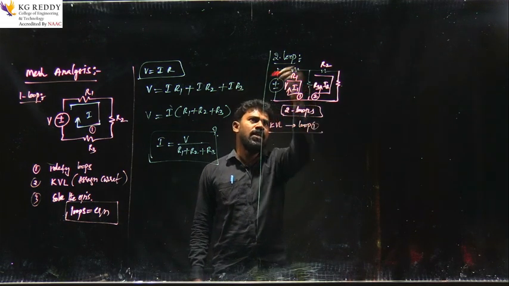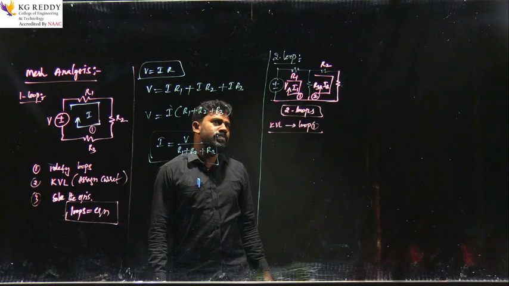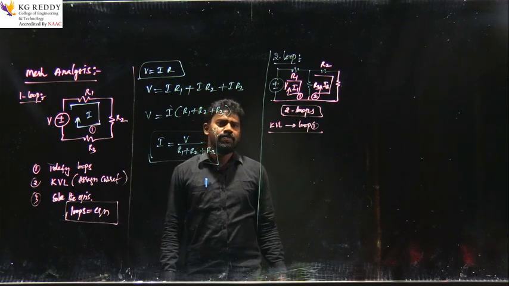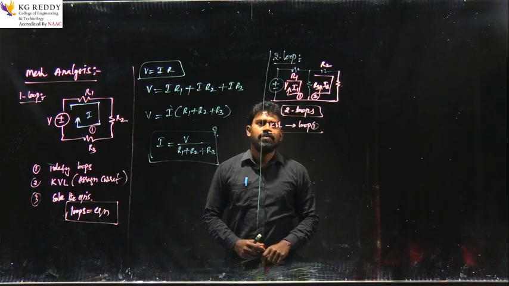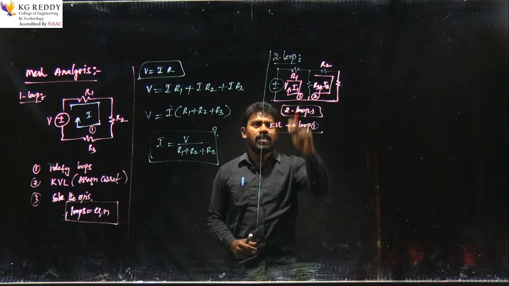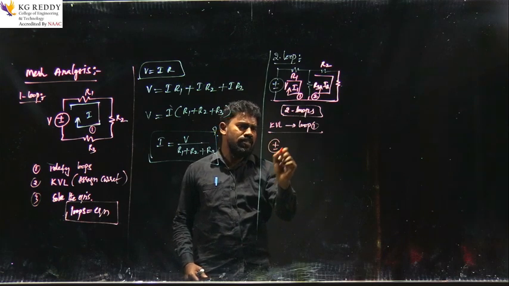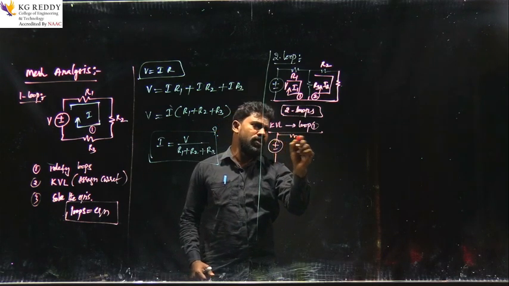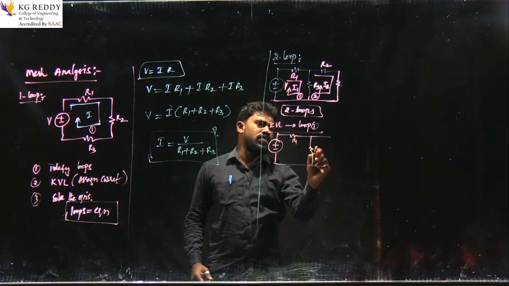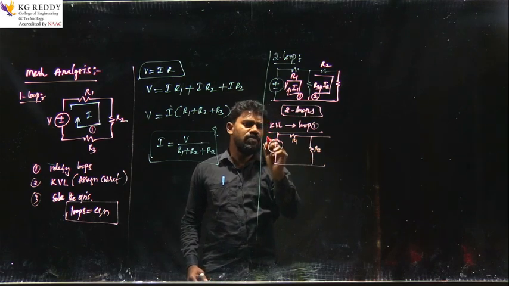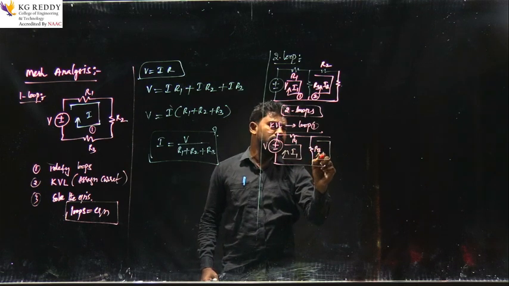This is loop 1. What elements are connected in this loop 1? Can anyone guess? Yes, 3 elements are there: R1, R2 and the voltage source. Now I am going to redraw only the loop 1 elements. So this is the diagram. This is R1 and this is R3. This is the supply voltage V, this is the direction of the current I1, and this is the direction of the current I2.